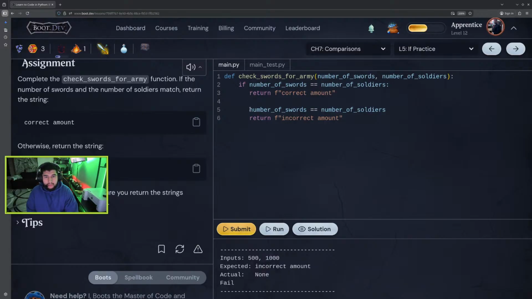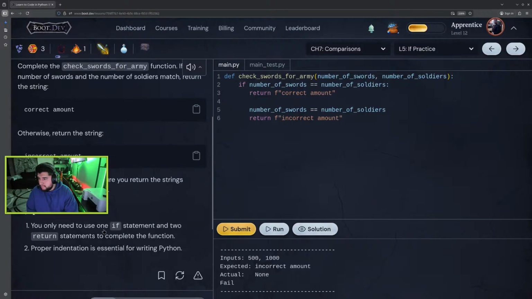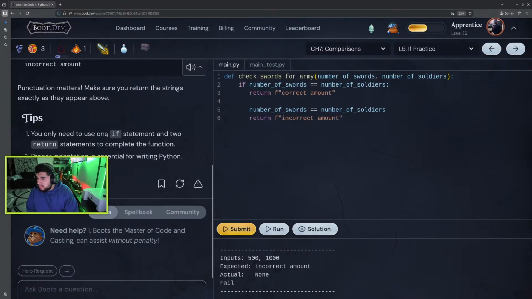There has to be only one if statement. You only need to use one if statement and two return statements to complete the function. Proper indentation is, alright, so